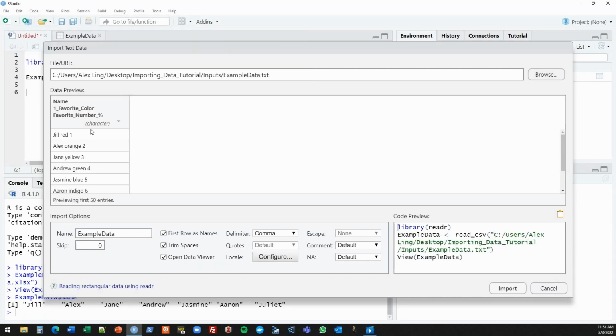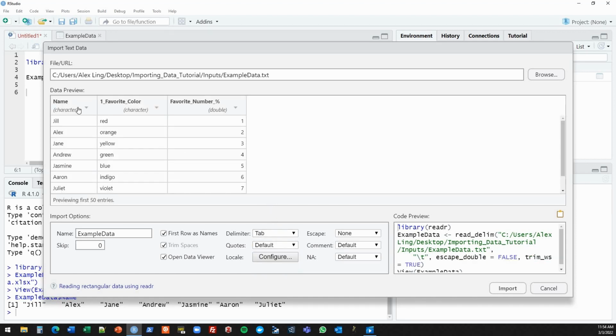And we'll see that in our preview, things don't look right. So it's combined everything into a single column, and the reason is it has the wrong delimiter. So delimiter is the character being used to separate columns. And in this case, this is not a comma-separated table. It is a tab-separated table. So if we click Tab in the delimiter, now we get the correct output that we want, and we'll see